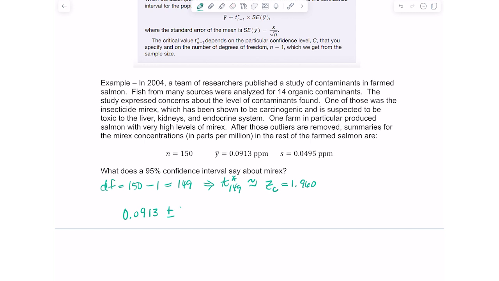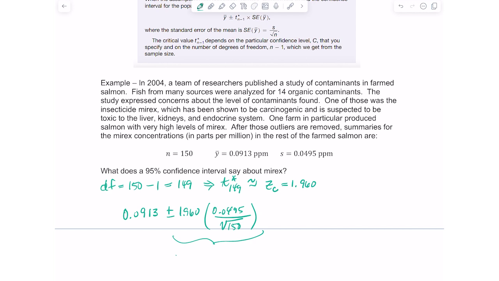Okay, and then I need to find my standard error, and I find that by taking the standard deviation of my sample, and then remember you're dividing by the square root of the sample size. Okay, so let me calculate my margin of error right here. So 1.960, and then I'm going to multiply that by 0.0495 divided by the square root of 150,